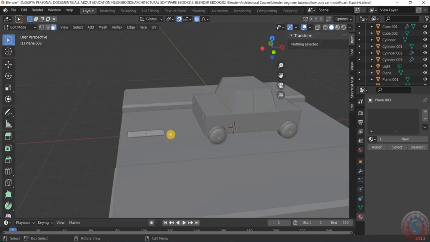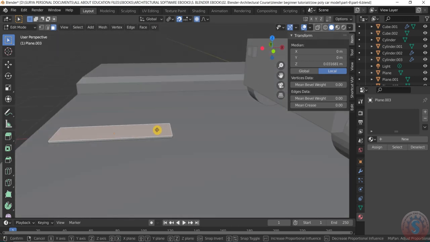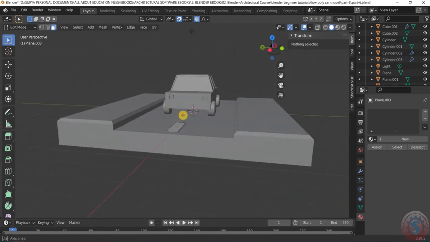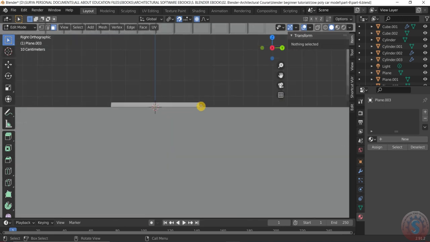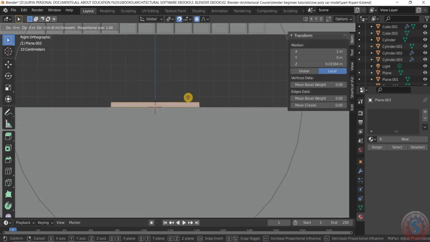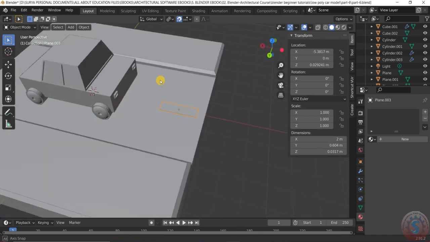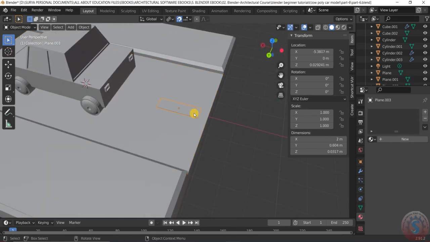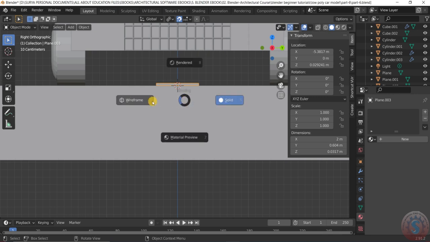Like this, and you can use the G option. Pressing the X or the Y key, you can adjust it inward by pressing 3. So you want to decrease these two inside, and go into the object mode and select the object, give the 3, and give the Z and the wireframe